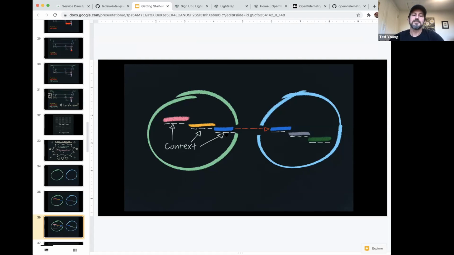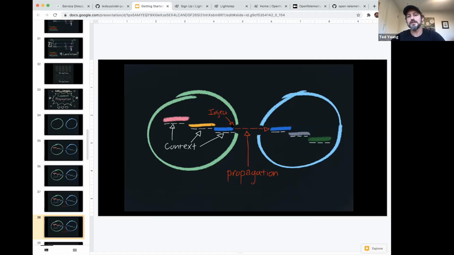So context gets you context within your program, but for a distributed system, you have to actually propagate that context to the next service. So we call that context propagation. And what that means is at the call site, when you're making, say, an HTTP request, you're taking this context and you're serializing it and injecting it into a set of HTTP headers. And then on the other end, you're extracting that context from those HTTP headers, deserializing it into a new context object, and then carrying on.